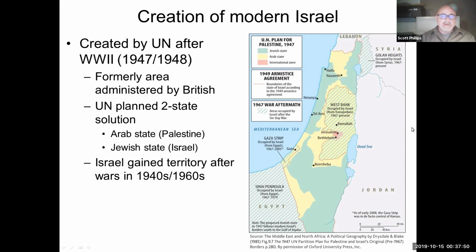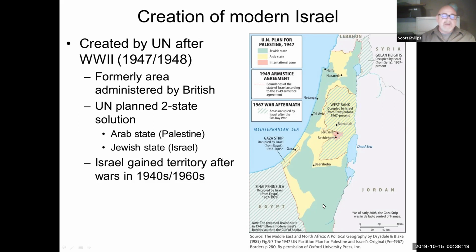historical area of Israel. And so within the Palestine area that had been administered by the British, the United Nations carved up this new homeland. And the idea was that you would have room for both people, Arabs and Jews. You would have two states, an Arab state, which would be Palestine. So under the plan, that would be the area in kind of the yellow color here. And then you have a Jewish state, Israel, which would be in this other color here.